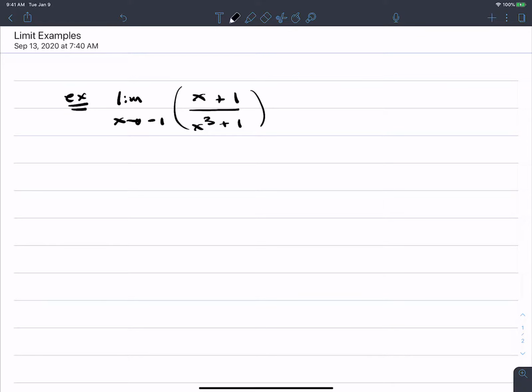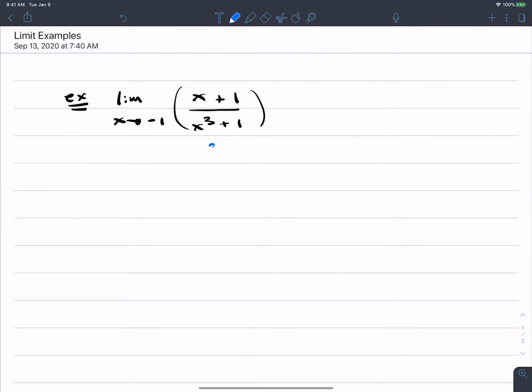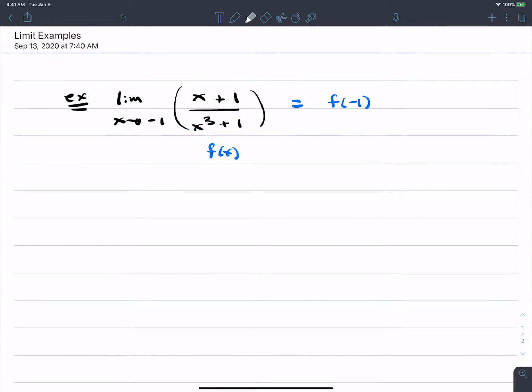And so here's what we talked about. If we try to use the direct substitution principle, remember this is your function, and by direct sub, this is f of -1 here. So we're going to try to plug in this value as an input. And when we do, since this is our function, x plus 1 over x cubed plus 1, notice when we do,